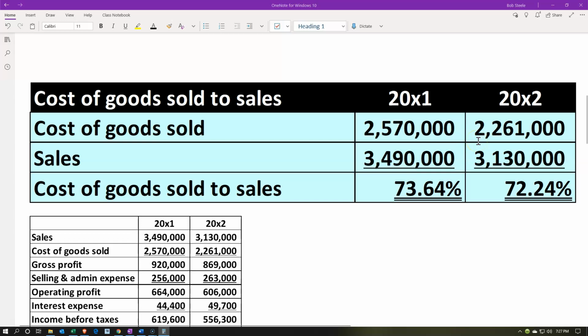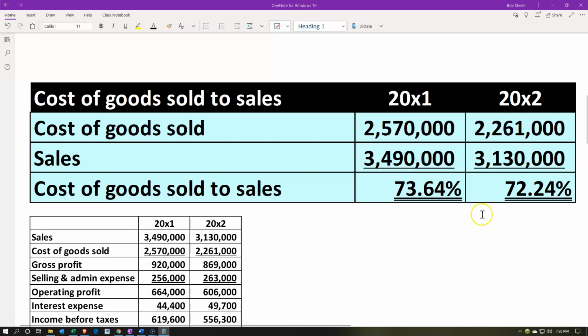We would expect the relationship between sales and cost of goods sold to be somewhat even, given the fact that we probably have a consistent markup for the inventory. So when we sell the inventory, the difference between the sales price and the cost usually is somewhat consistent, and it'll depend on our flow, what we use for our inventory flow: first in, first out, last in, first out,